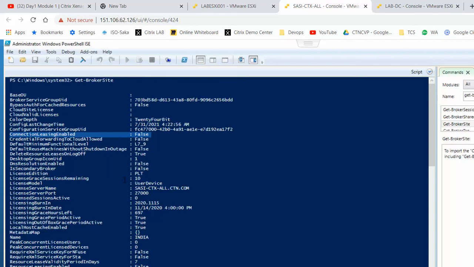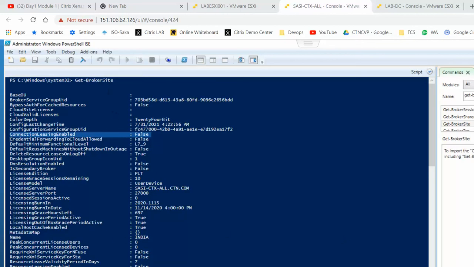So what is the PowerShell commandlet you need to use to enable or disable localhost cache? I'll give you the command, don't worry. Mahesh, yes, please. This command will give the delivery controller information, the broker site.